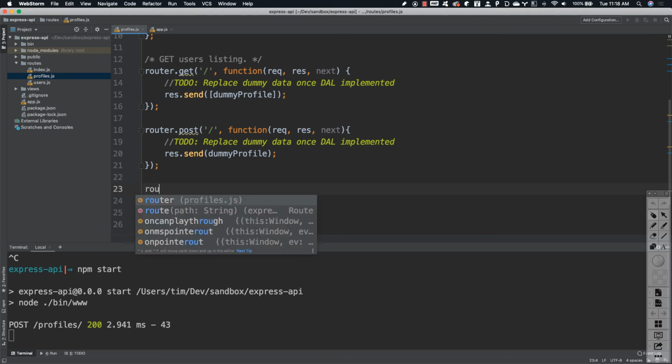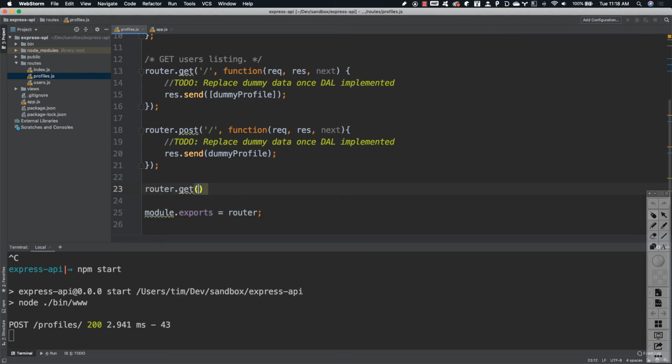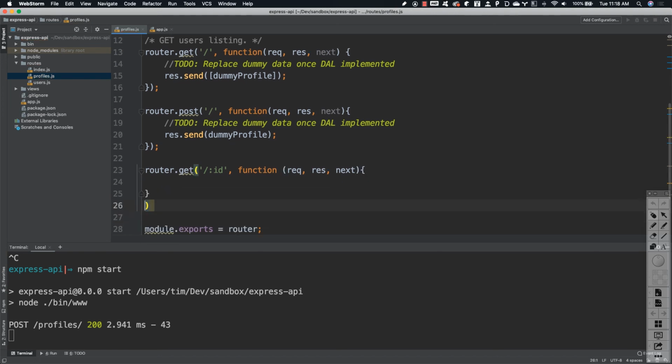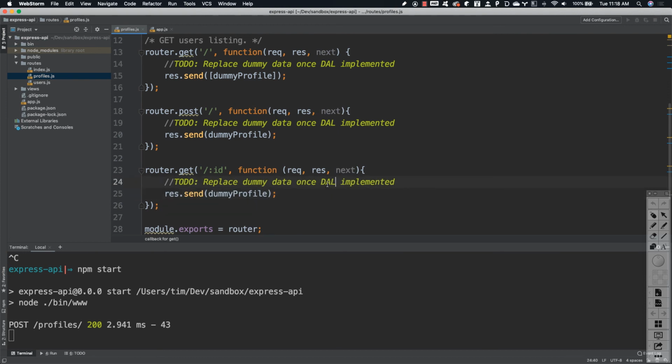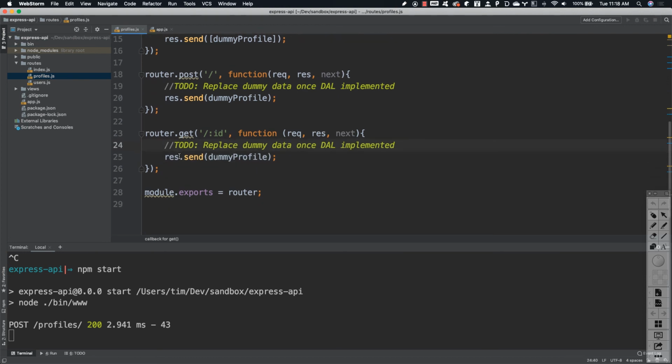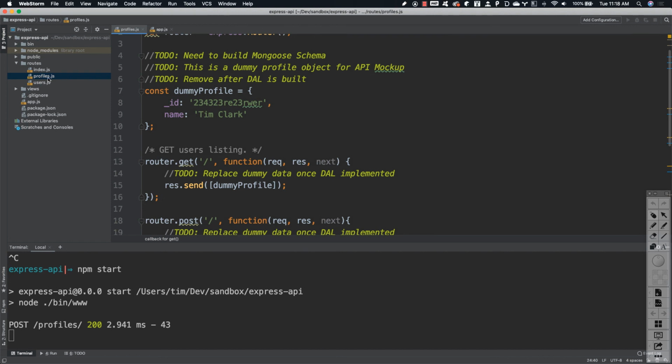And then if we do a router.get and we want to get a specific item, we would, of course, pass an ID as a parameter. Then we'd have our function with our request, response, and next. And then in here, we would go to the database, find that item with that ID, and respond with it. But since we're just stubbing all these out and creating dummy data,